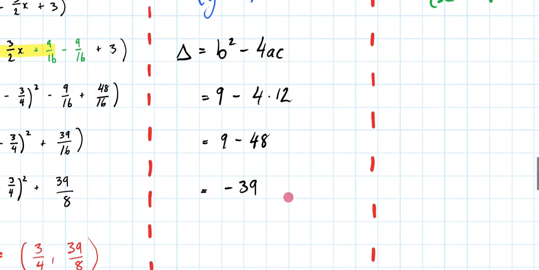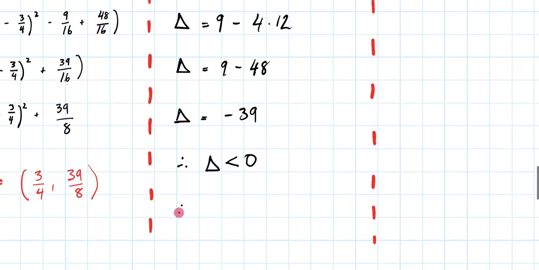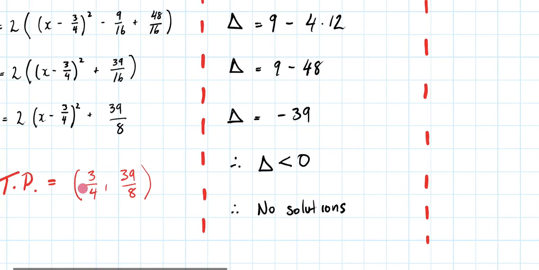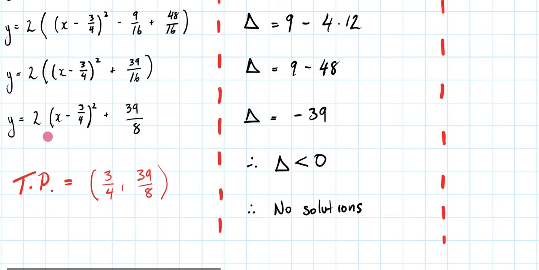And therefore, let me put my discriminant. Therefore, my discriminant is less than 0. So, therefore, no solutions. And this actually is going to make sense when we graph it. We know that my turning point is 3 over 4 and 39 over 8. And we also know that I'm going to have an upwards facing parabola because my coefficient of 2, my 2